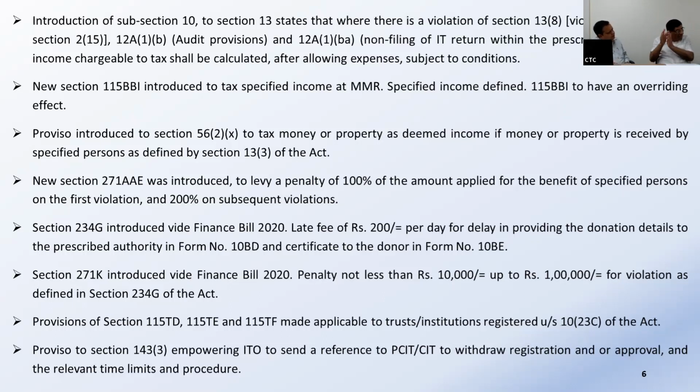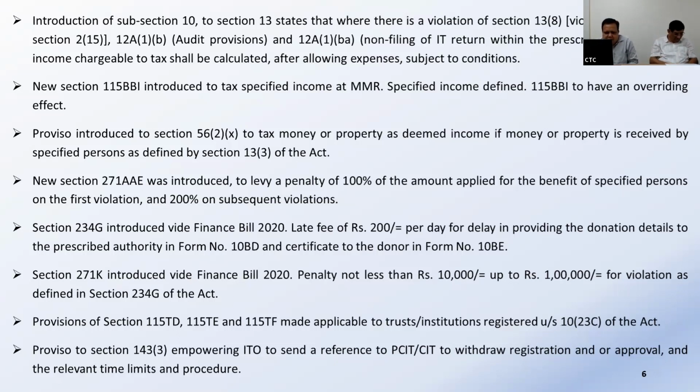But even so, this is a welcome provision. At least the expenses actually spent will be allowed. Now we'll see in the books of accounts how helpful this provision will be. They have defined the specified income, with various items in there. I have not elaborated that for the sake of brevity. We can see it afterward.